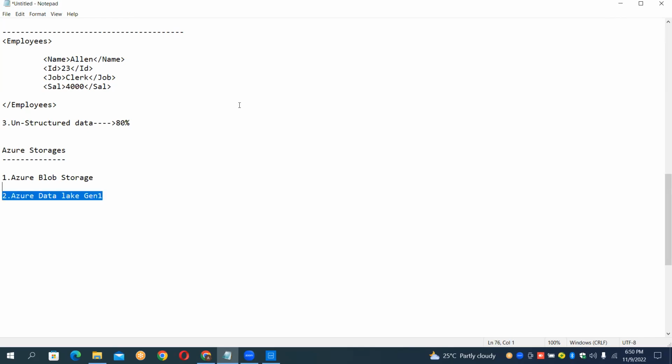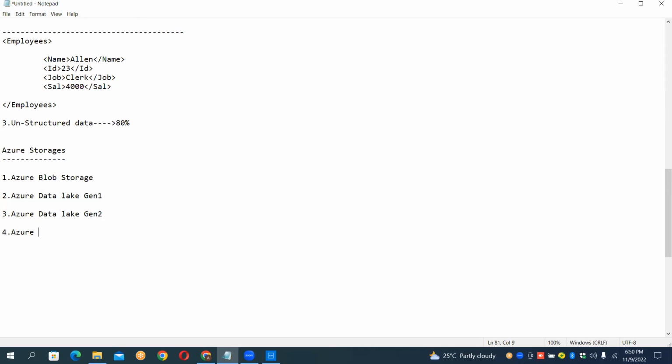The third is Azure Data Lake Gen 2, which is the advanced one. Then the fourth we have is